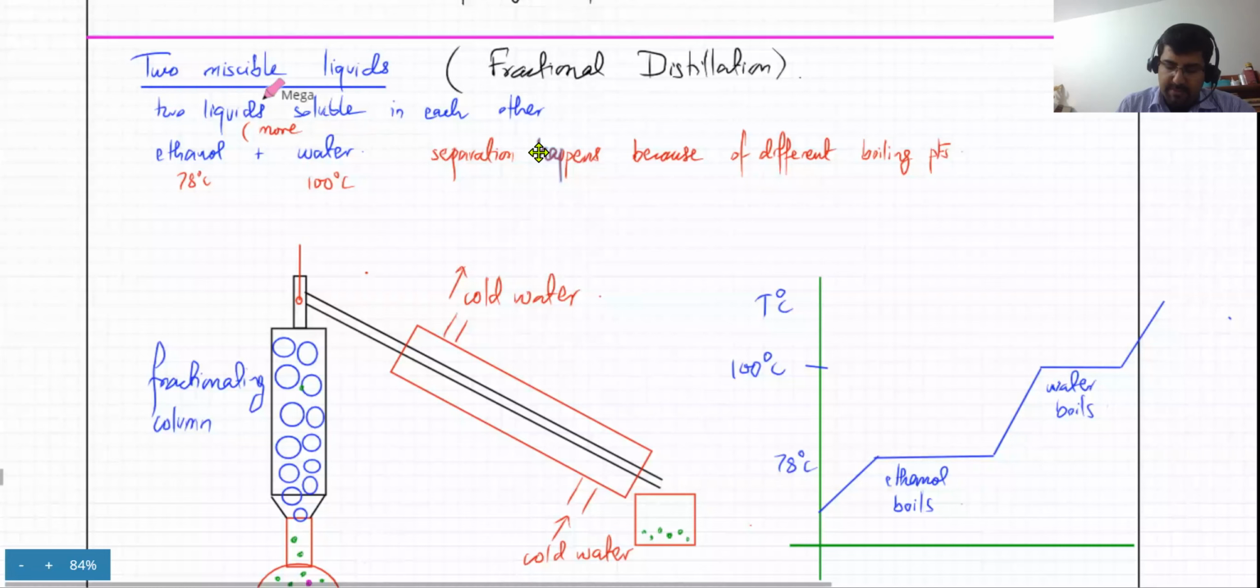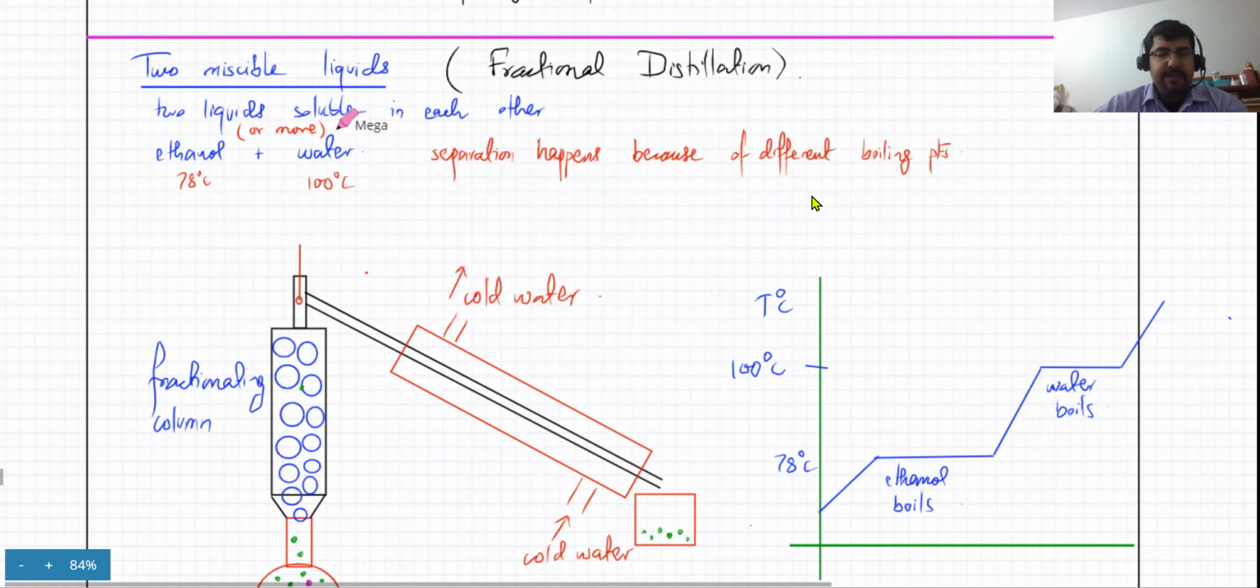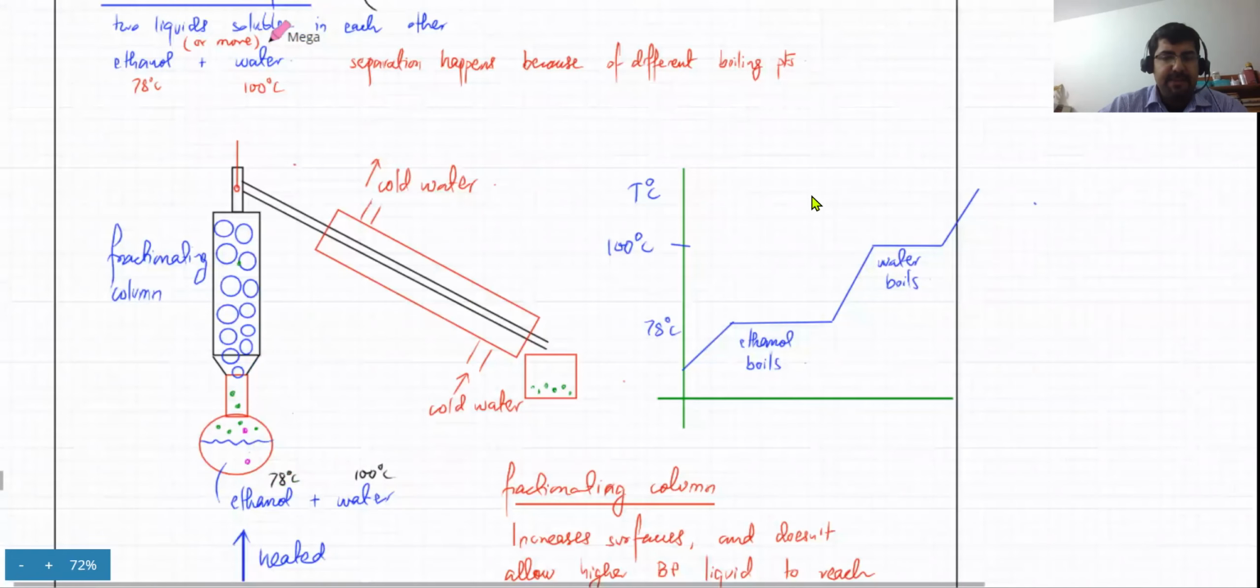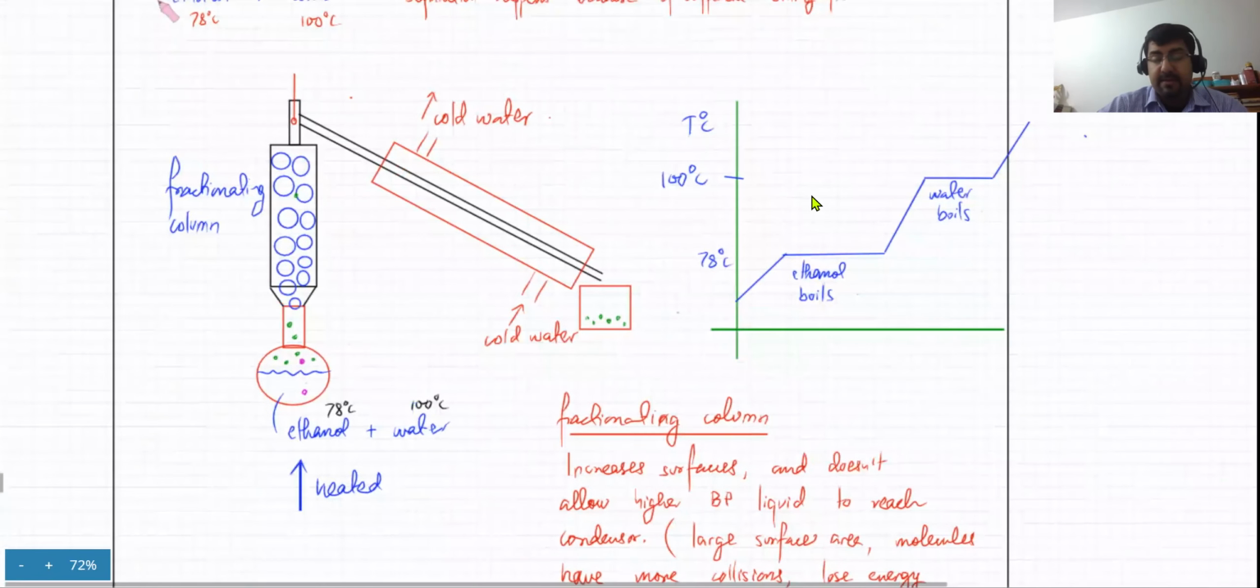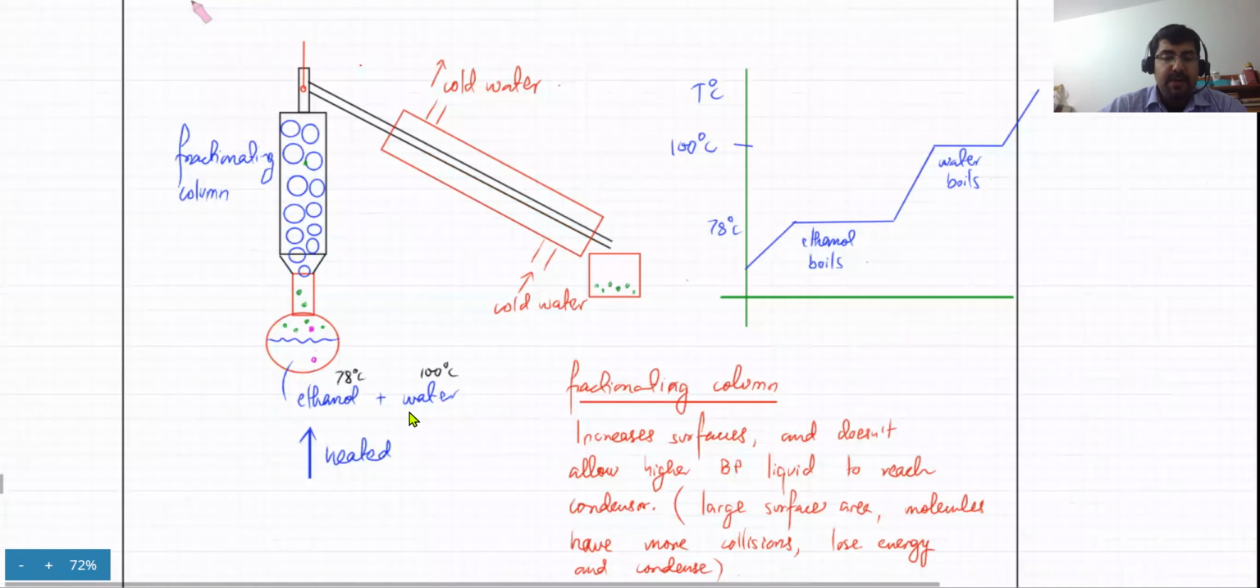So it could be a number of liquids that could be mixed in each other, and as long as they are soluble, separation happens because of differences in boiling points. And you have this apparatus which is like a simple distillation. It has a condenser, except that there is a fractionating column, and I told you the purpose of the fractionating column. Okay, if you have two or more liquids, what is going to happen is